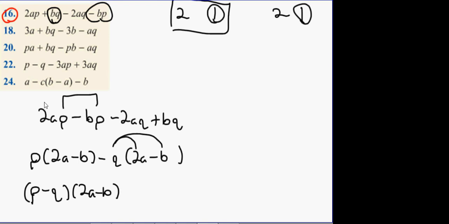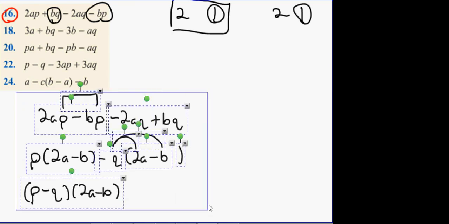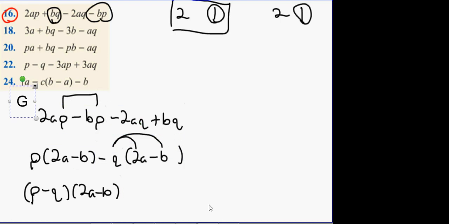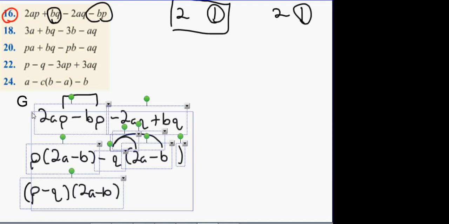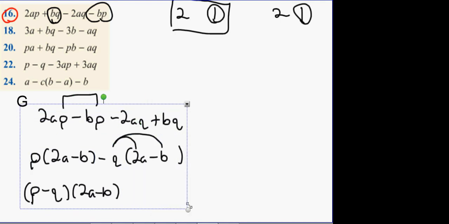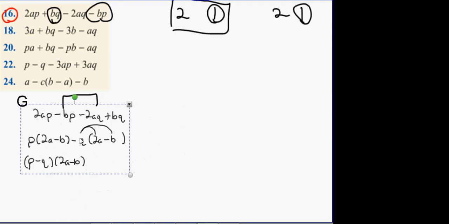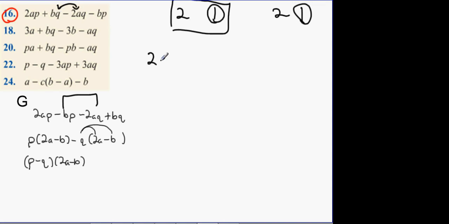Now, I'm going to show you another way of doing the same question that Arson already asked me about. Look at this way of doing it. The other way of writing this down is, what happens if we change the 2aq for the bq? We get 2ap minus 2aq plus bq